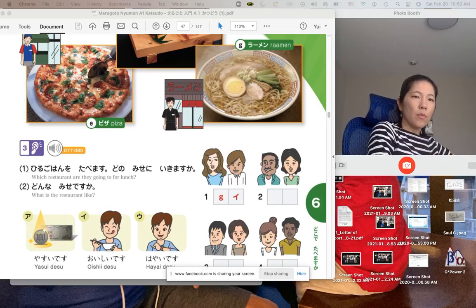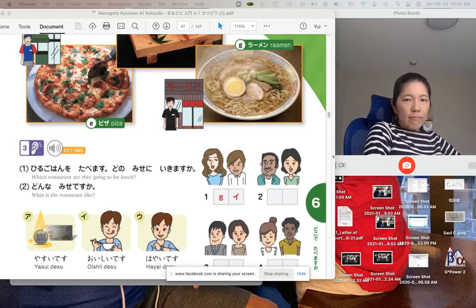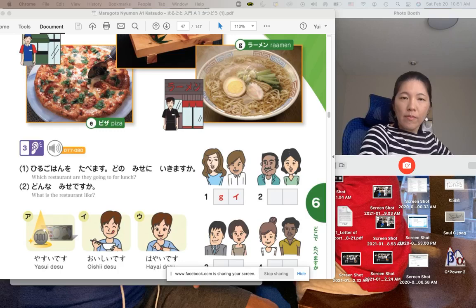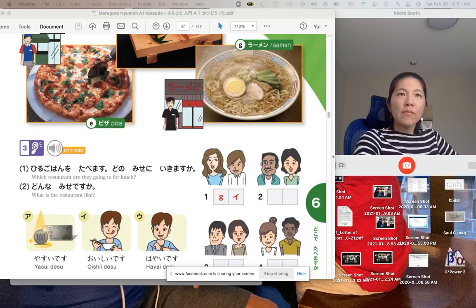1、田中さん、昼ご飯、今日はどこで食べますか？ あの店で食べましょう。 ラーメンですか？ はい。あの店は美味しいですよ。 じゃあ、そうしましょう。